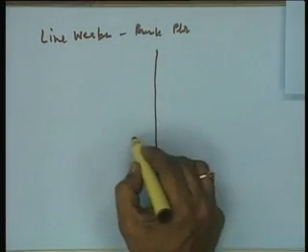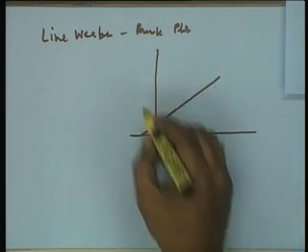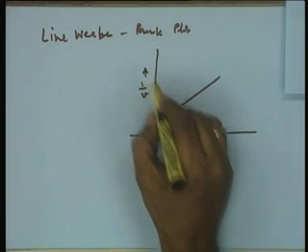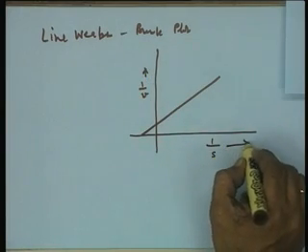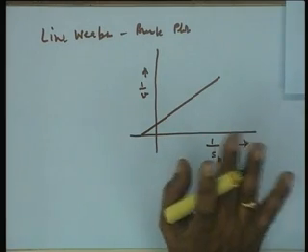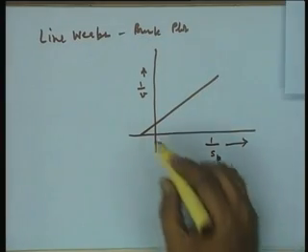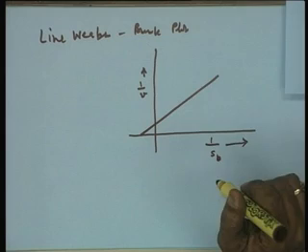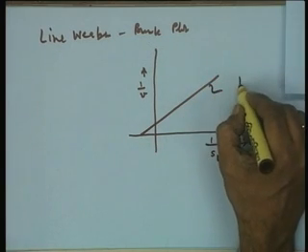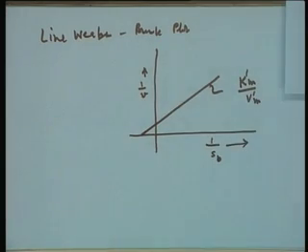Now, in the case of a classical enzyme catalyzed system, we have a 1 upon V versus 1 upon S plot. Mind you, this S is S bulk, because we are not monitoring the concentration of the substrate inside the particle but in the reactor. So we consider 1 upon S bulk, and normally we will get such a behavior, where your slope will be K'm upon V'm or K2'E0.